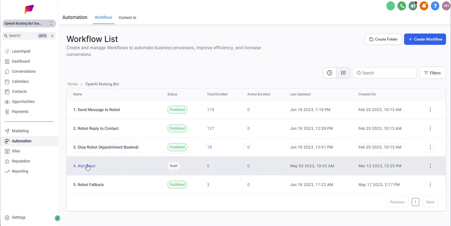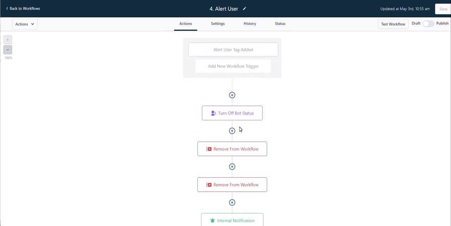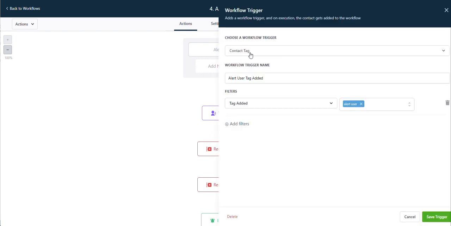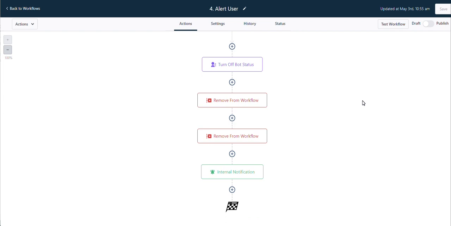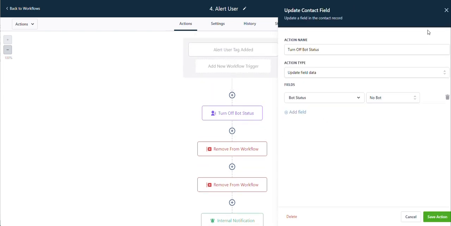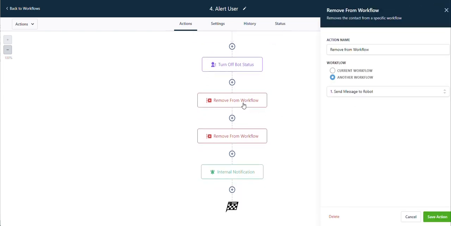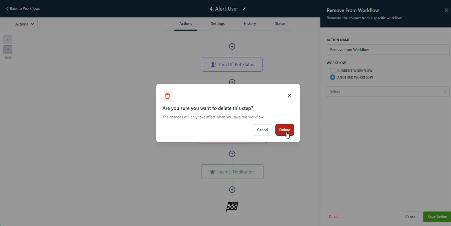All right, alert user is left in draft mode because we don't want to overwhelm you with alerts, but we do recommend using this. And so anytime the alert user tag is added, which will happen when the bot fails or if it times out through the bot fallback workflow, it's going to go ahead and shut that bot off to make sure no responses go further. Remove it from workflow 1, and let's see, this was left over from the non-Zap version,